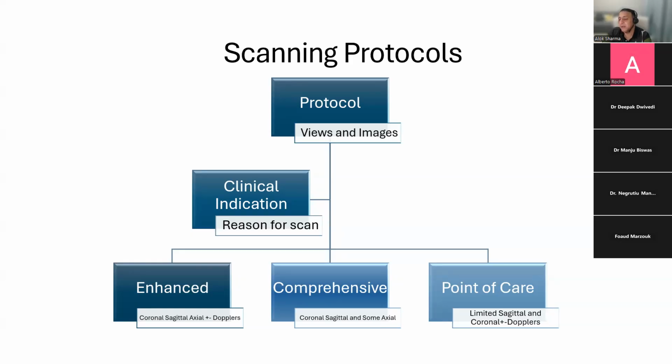On the other hand, if this baby is shocked as well, and I'm worried about potential for steal from the cerebral circulation, I might want to do ACA Dopplers. Does he have a big duct? So a comprehensive scan follows your clinical indication, but will not have every image that has been described in the literature. And then a point of care scan is usually a limited sagittal coronal scan,